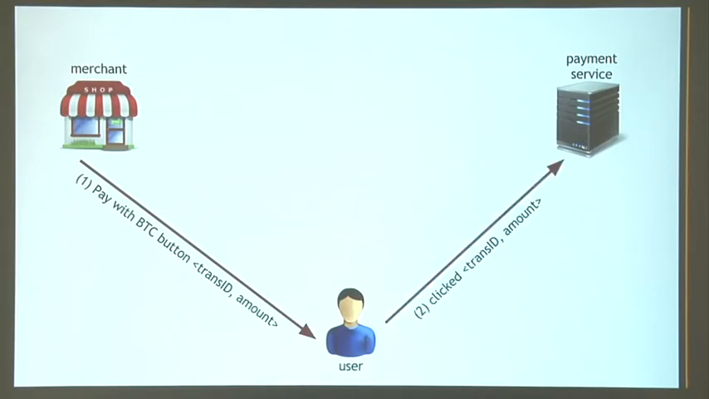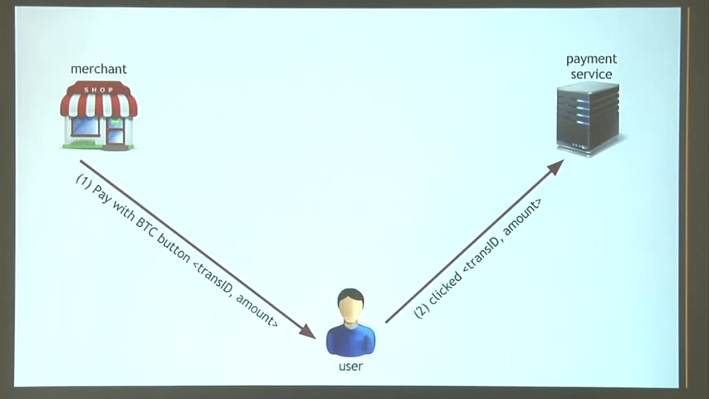That will cause information to be sent to the payment service as an HTTP or HTTPS, ideally, request, which says that button was clicked. Here's the transaction ID from the merchant. Here's the amount. And of course, the identity of the merchant is implicit here. When that happens, now the payment service knows that this customer, whoever they are, wants to pay a certain amount